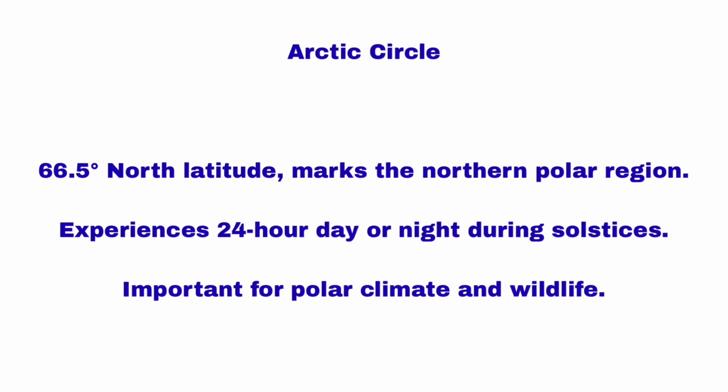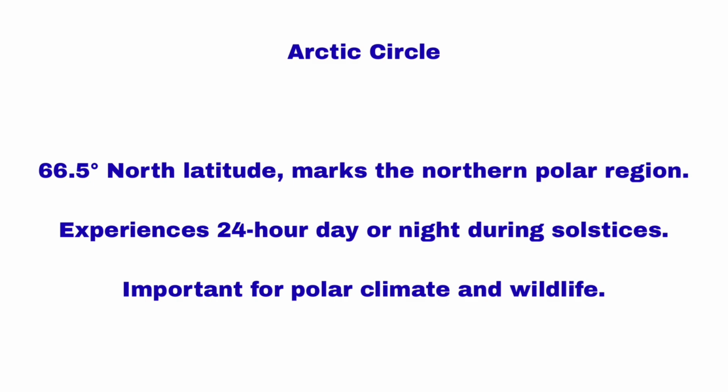Arctic Circle. The Arctic Circle is an imaginary latitude located at 66.5° north of the equator. Importance of this: areas inside this circle have at least 1 day of 24 hours daylight and 1 day of 24 hours darkness. It marks the beginning of the north polar region. The climate is very cold, with snow and ice for most of the year.